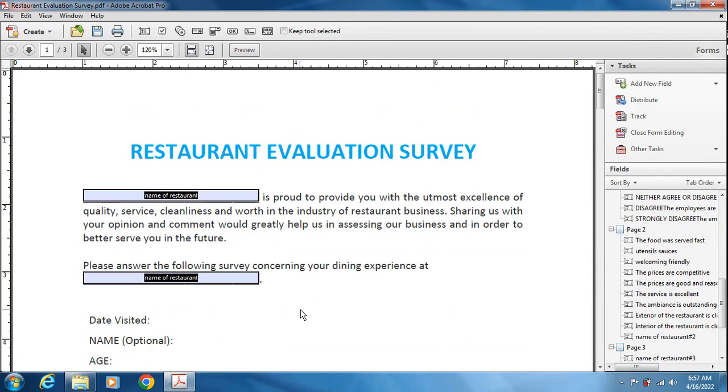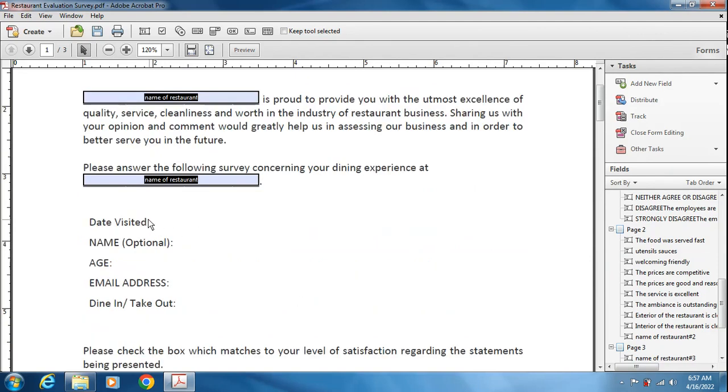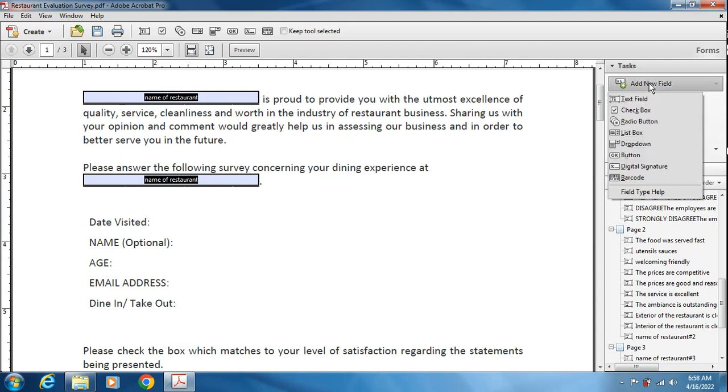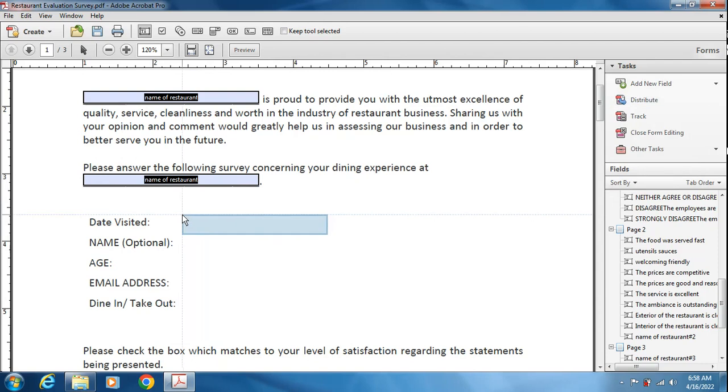So this is the first one, and here some fields are there. That is the date visited, name, which is optional, age, email address, and here one drop down menu will be created where user can select the option. So for the text field, I will add one text field here and draw one text field,